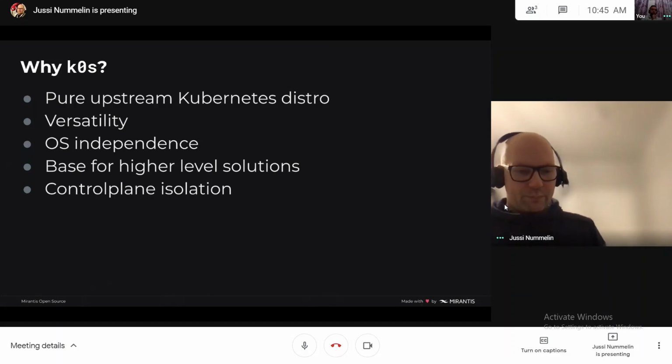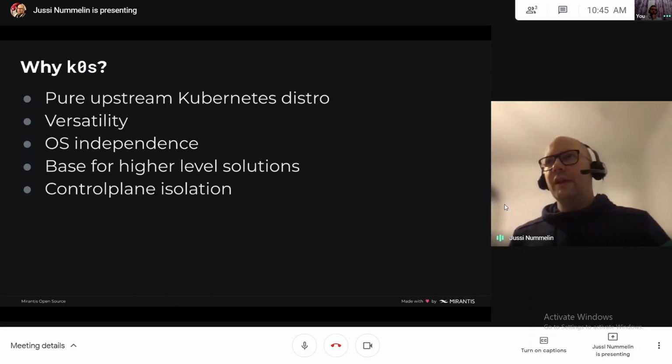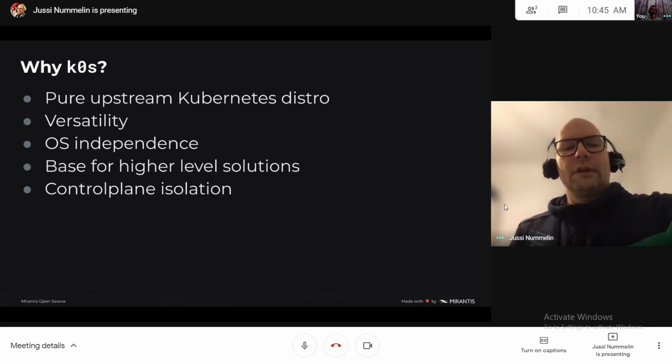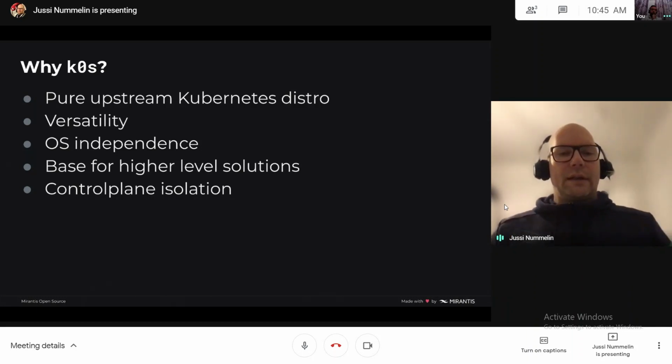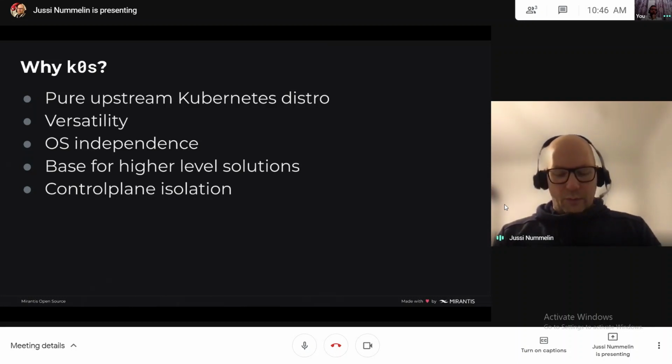One of the biggest differentiators that we have in K0s compared to most other Kubernetes distros is something that we call control plane isolation.